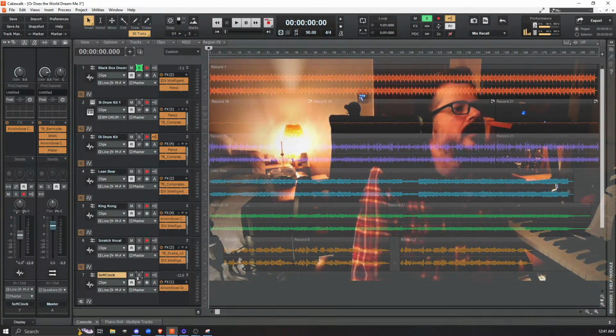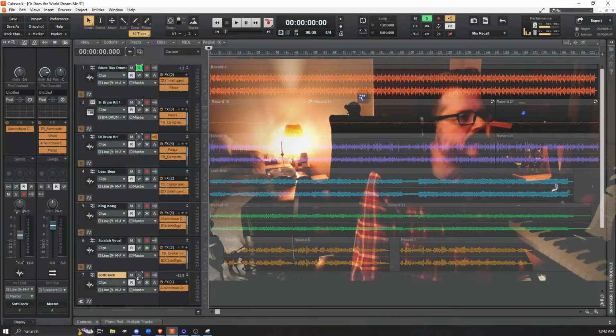Now, I look forward to using this in the future. I'm disappointed because I wanted to use this to track to, because I think it's going to be wonderful. I think it's going to be so much better. I think it's going to feel like so much more of a musical experience to track to SoftClock rather than to a metronome. I really look forward to it. I can't do it in this project because,